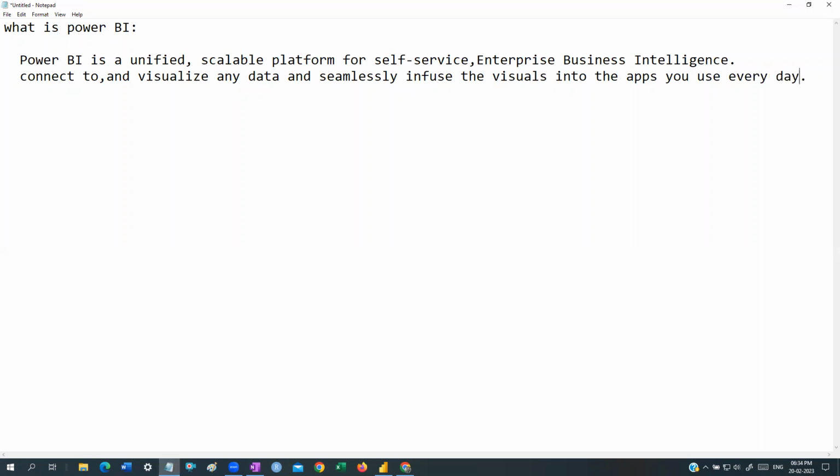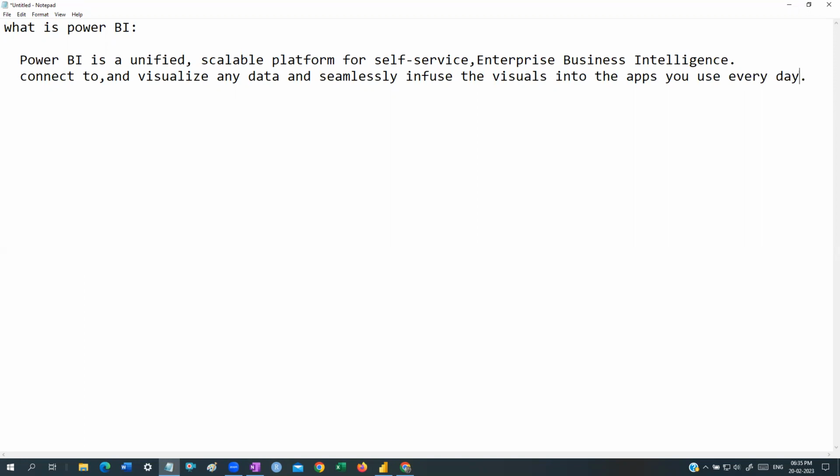So why is it a unified platform? Because it gives all the tools that are required. You can design the reports, share the reports, and deploy the reports. It's a unified solution and scalable platform. It works with any kind of data, small, medium or large.